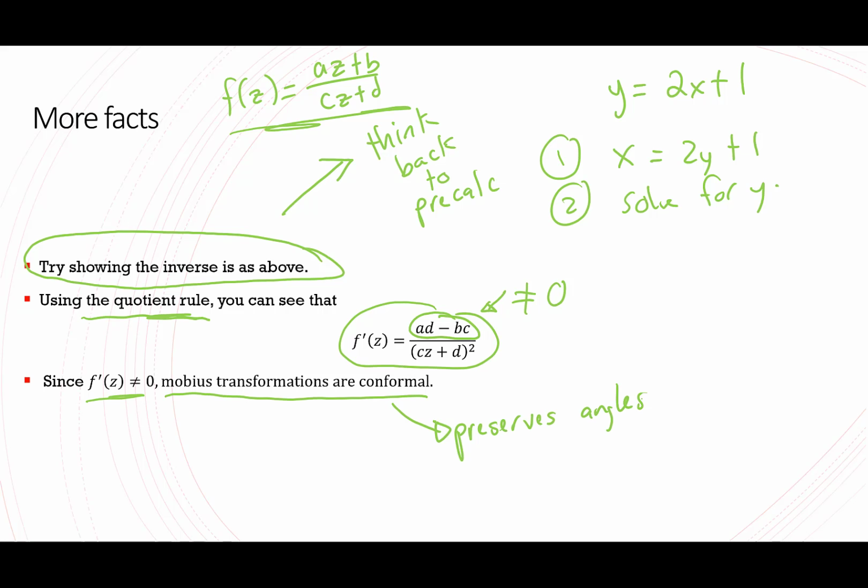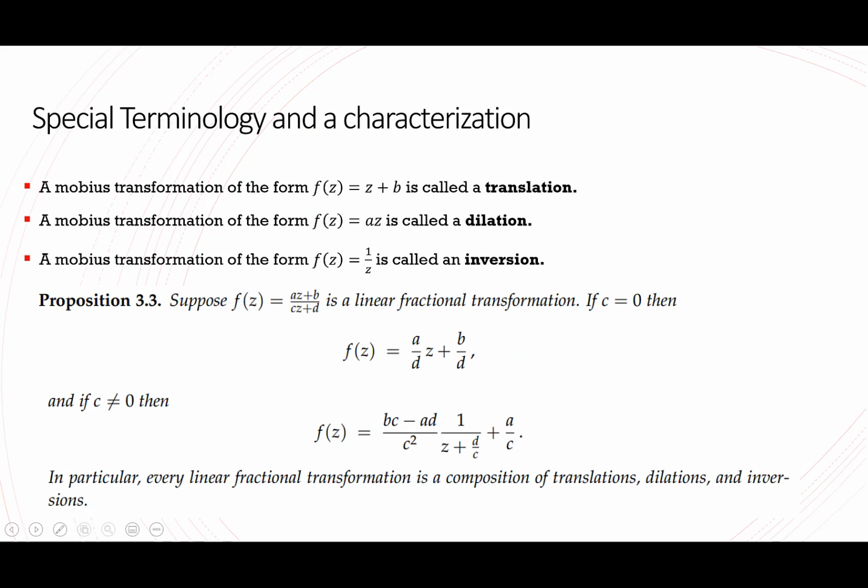Okay, so these Mobius transformations are actually really cool. They're bijections if you restrict your domain and range by 1 point. They have a nice derivative. Okay, it's not too bad. Just a constant on top divided by this thing squared. And they're also conformal.